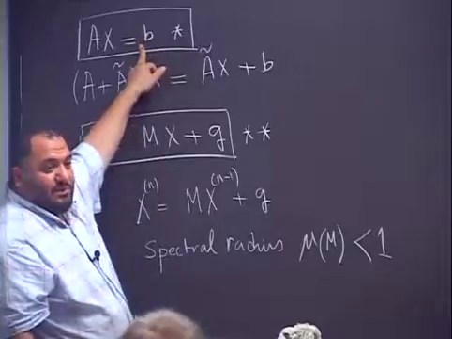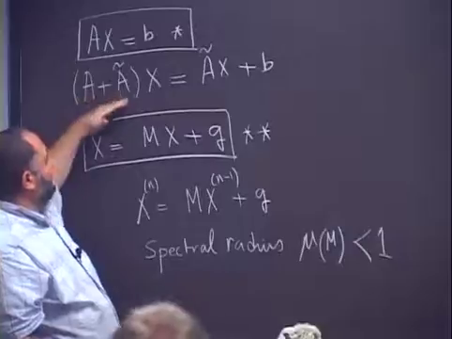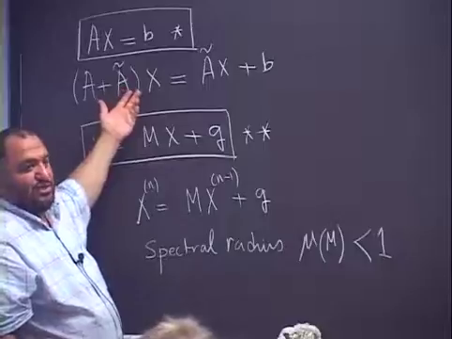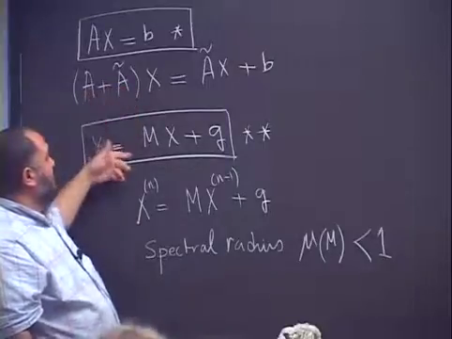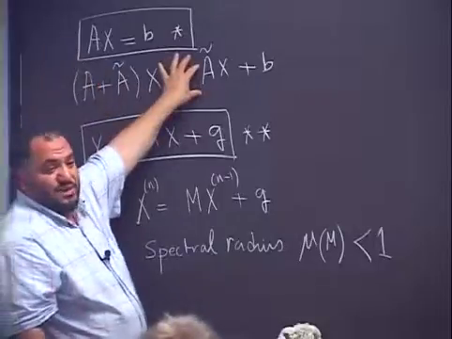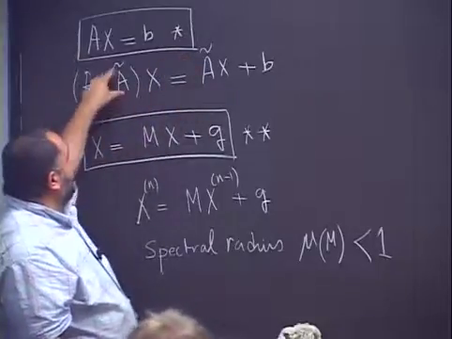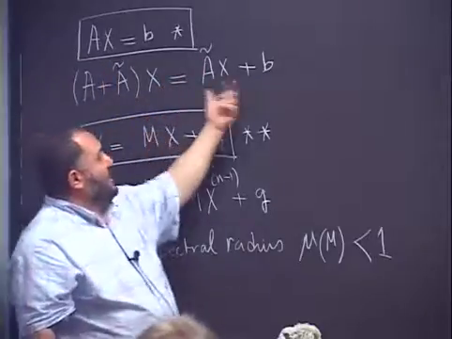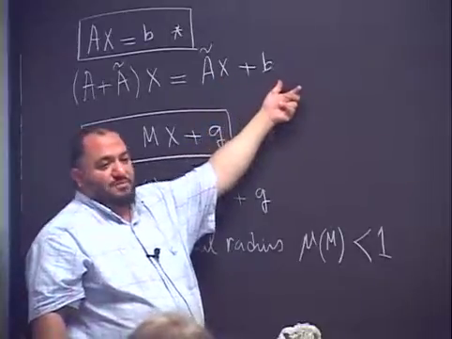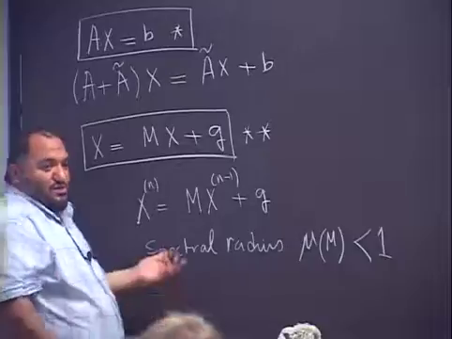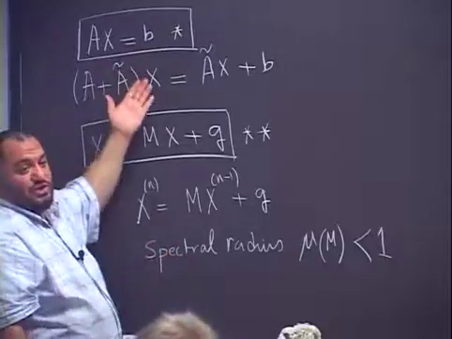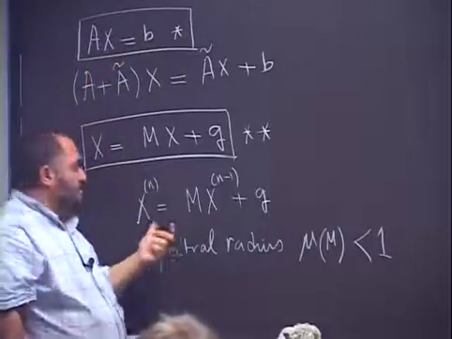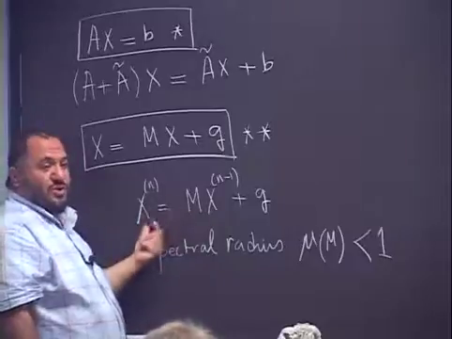AX equal B. So for this equation, all we did is just add A wiggle, or A tilde, to both sides, which does not change anything, and we reached from here to here by inverting this one and bringing it here. And then A plus A tilde inverse multiplied by A tilde is equal to M, and A plus A tilde inverse multiplied by B is equal to G. So we did not introduce any change to the original equation, so the solution of this equation should be the solution of this equation. And then we said that we will use, because of the form of the equation now, it's easy to do